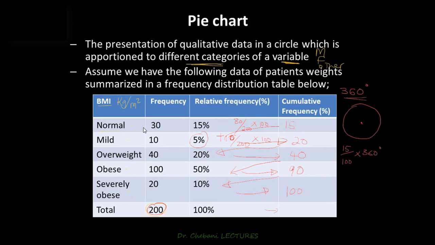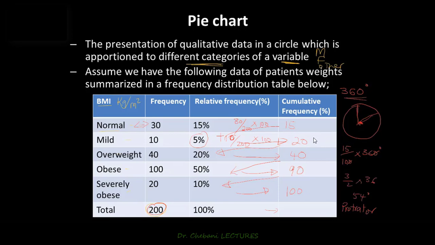So we are basically getting 15% of 360 because that's the portion or the share which is taken by this first category here, normal, right? So to do that, we just say 15% of 360. It comes to 54, right? So 54 degrees. So it means that you can then apportion 54 degrees to this first category, the normal category, right? If you are doing this manually, you can use a protractor, right? There is a device called a protractor, I'm sure you know it, which basically measures angles, right? And it will help you to determine the angle, 54 degrees,